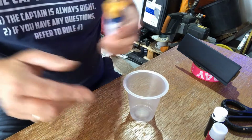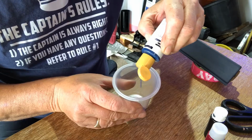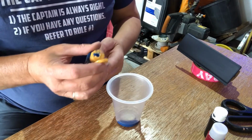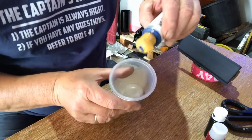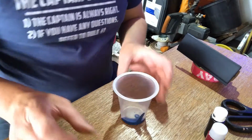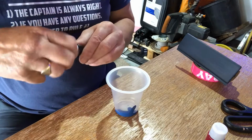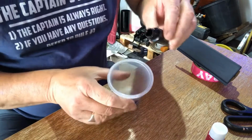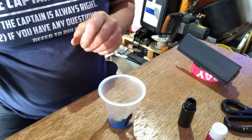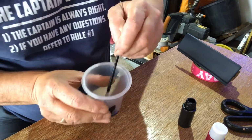Anyway, I'm just going to squirt probably just that much in the bottom of the pot. Or should I go a bit more? Yeah, go on. Don't be shy. Okay, so let's say we've got that much in the bottom. Now I remember mixing mine but I put almost a similar amount of black in it. Now I'm just going to give that a bit of a